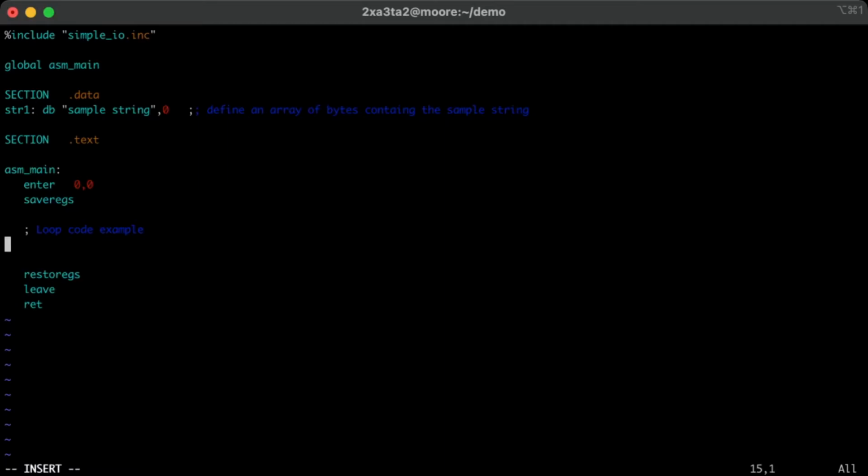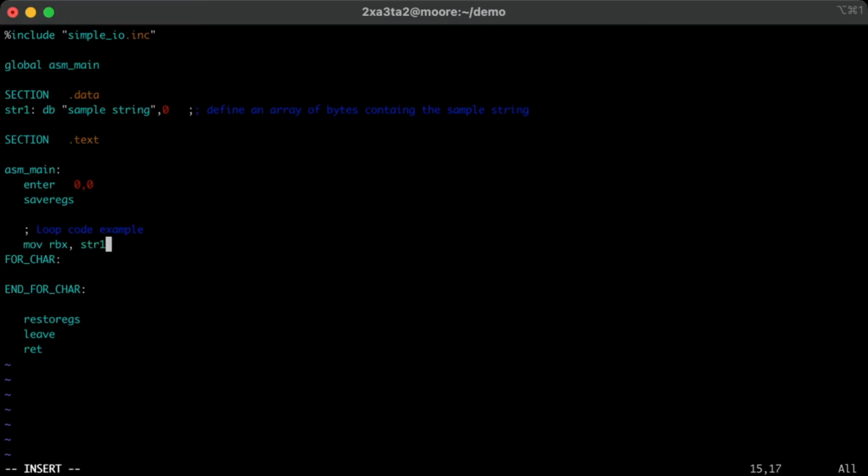Just like before, we're going to want to define the top part of our loop and the bottom part. In this case, we'll call it for char and end for char. Right, so just like before, we have somewhere that we're going to go once we end our loop, and somewhere where our looping begins with all of our logic. So what we need to do here is we'll take our string, string 1, and we'll move it into one of the registers so that we're able to work with it directly. So let's put it into the RBX register,